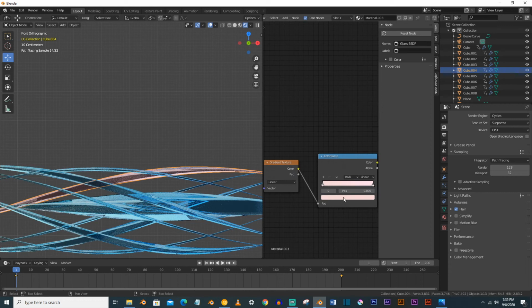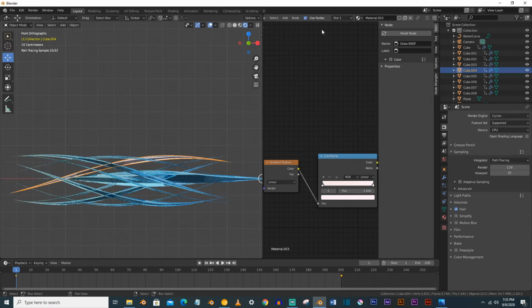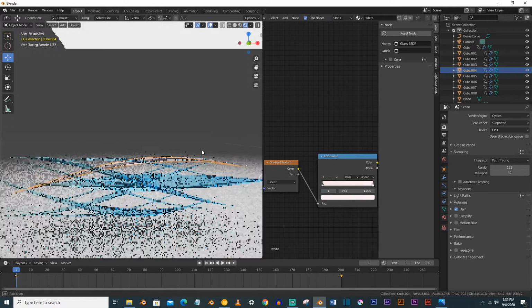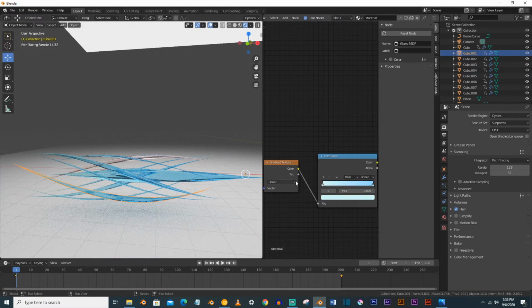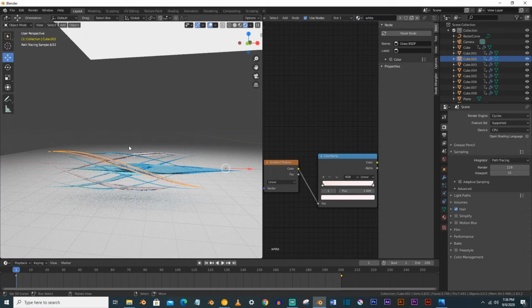You can see that we will just make it white here like this and name it white material, and just change the color of these also, assign to white, assign this one to white, like this.